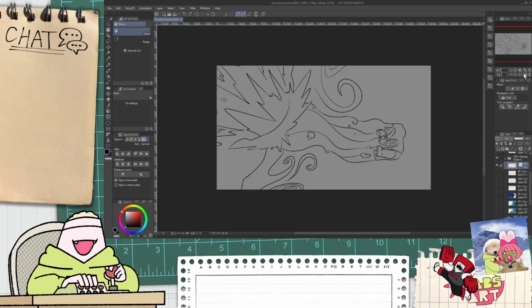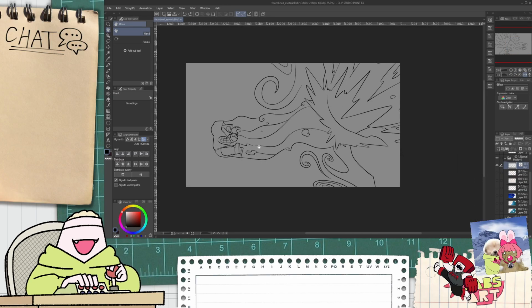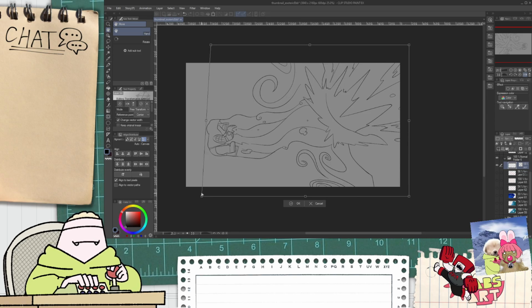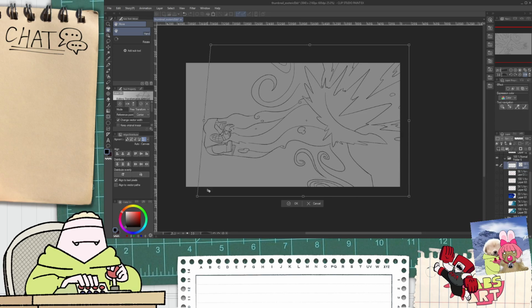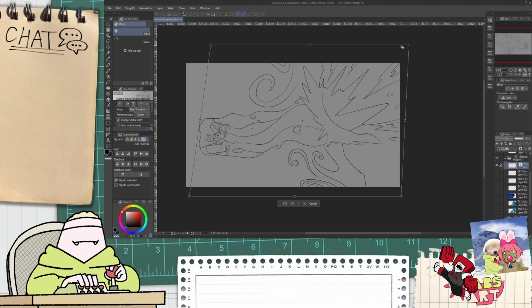Okay, so if we flip this sideways, how's that gonna look? Interesting. I almost feel like I need to do it this way. I've learned to trust my instinct on this sort of thing. But I don't know.